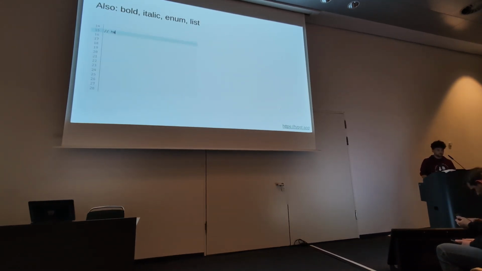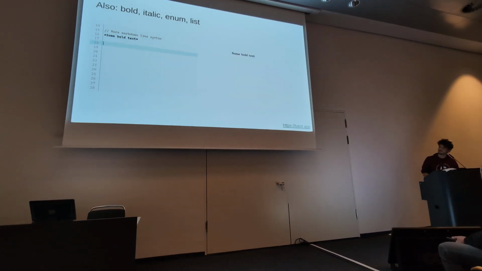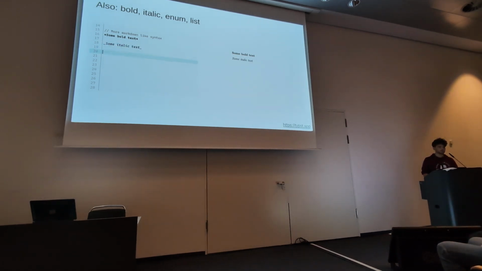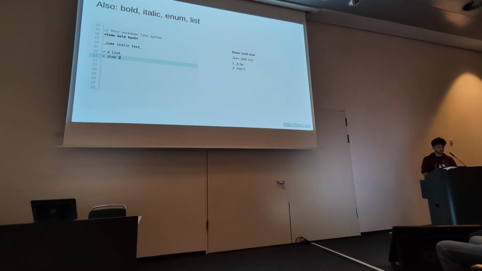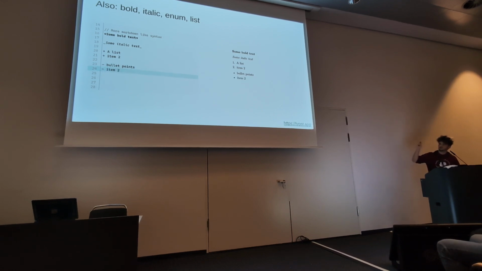And also more Markdown syntax. If you want to create bold text, you press Ctrl B or put asterisks around the text, or italic text, and then you can also create lists with plus or bullet points. I recognize now this is a bit slow. Anyways. And what I will do in a few seconds is change the bullet points to anything I want